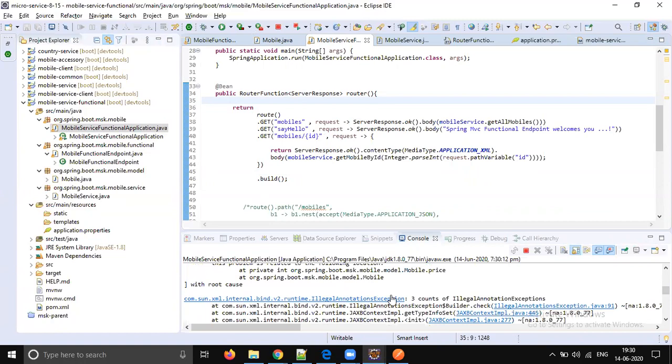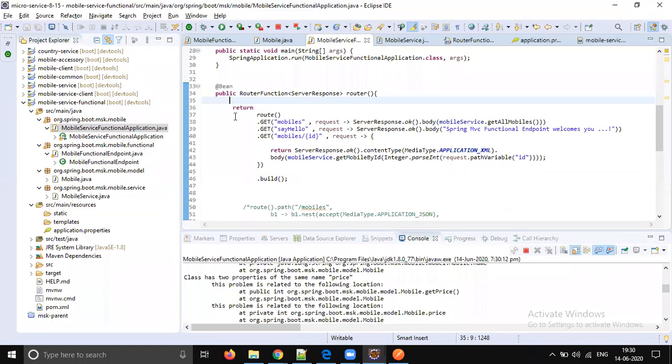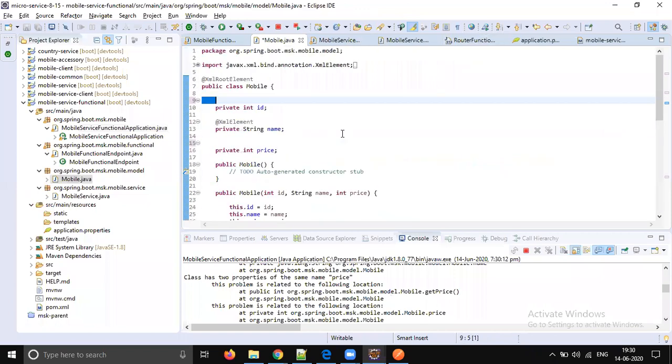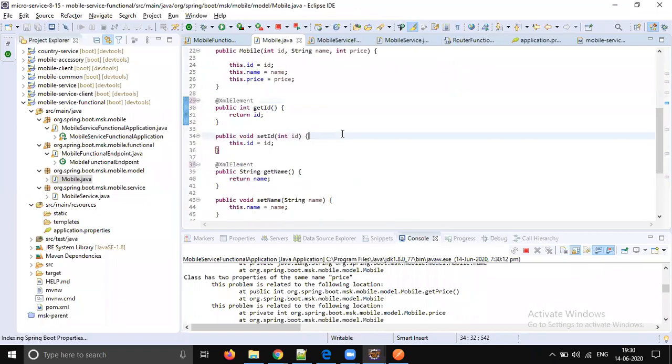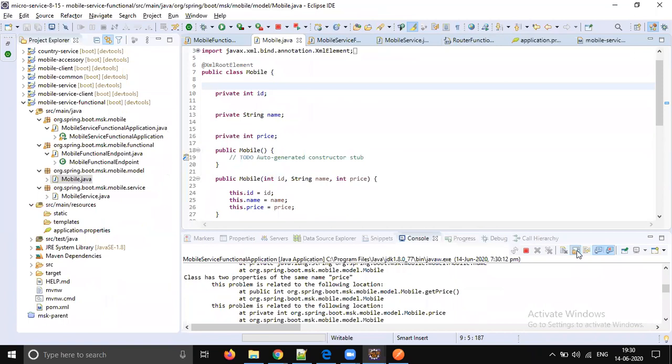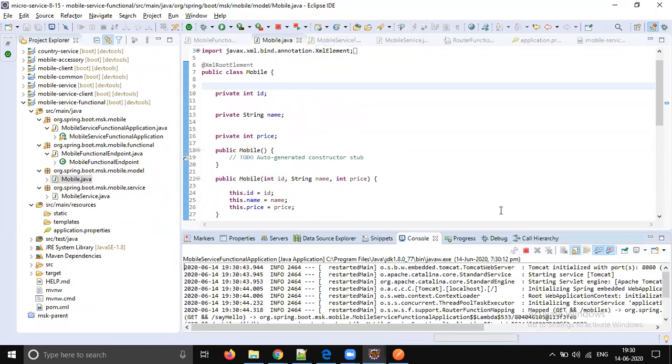Three counts of illegal annotations. Okay. Let's put it at getter level. So we put it at property level, right? So just change that. Hold a moment.